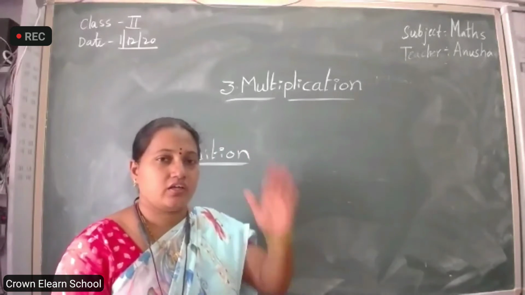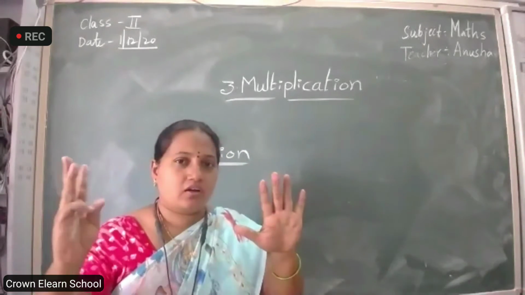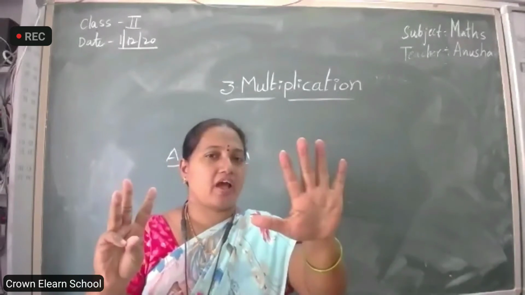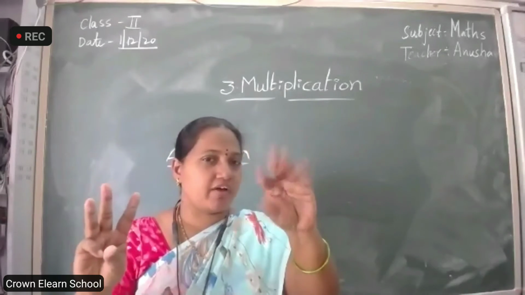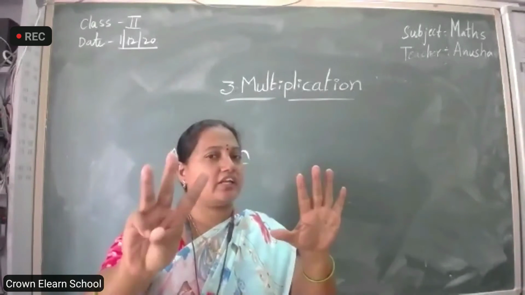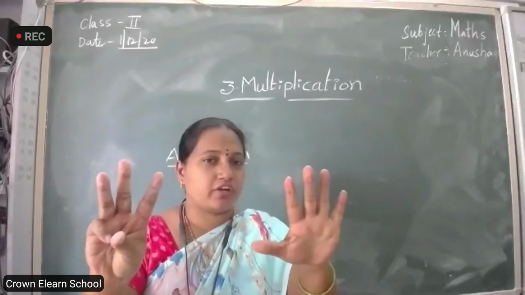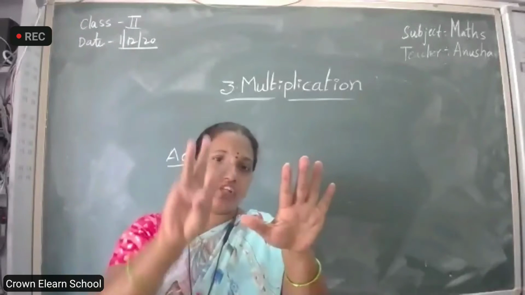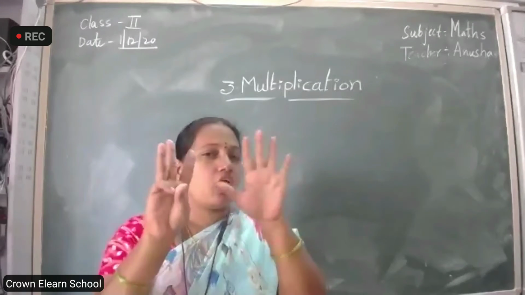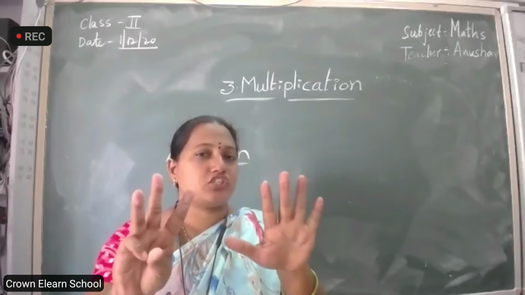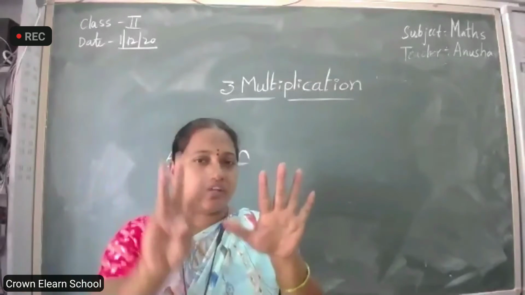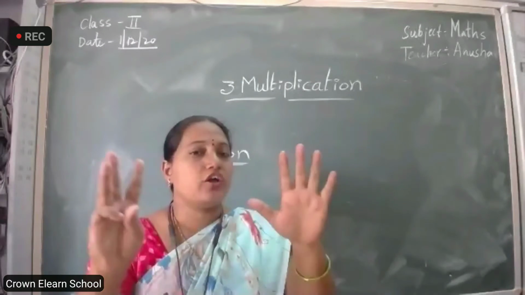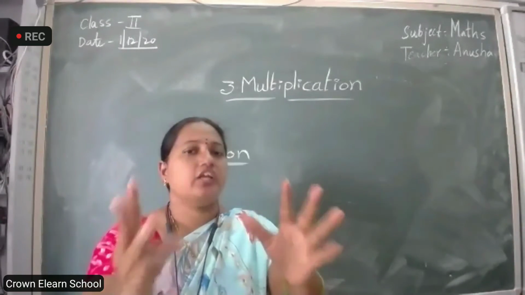Addition means what? You have 5 and your friend is giving 3. Your friend is having 3 and you are having 5. Okay? You are having 5 chocolates. Your friend is having 3 chocolates. So addition means what you will do? You will bring 5. Already you have that 5 and your friend will give 3 chocolates. Okay? So how many chocolates you have total? 8 chocolates, which means 5 and 3 together with you. Okay? So you are bringing 5 and 3 together.